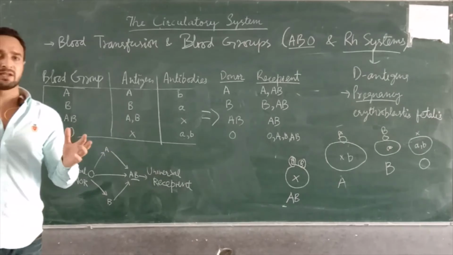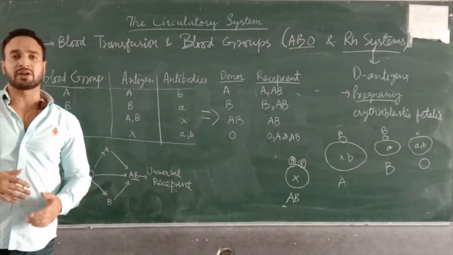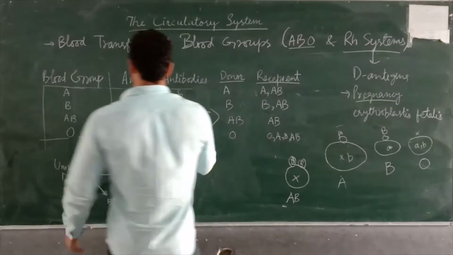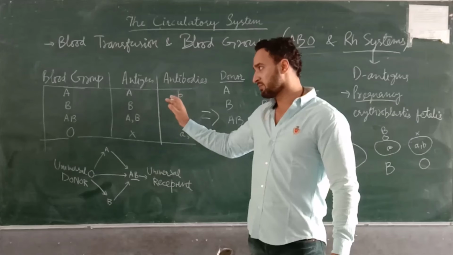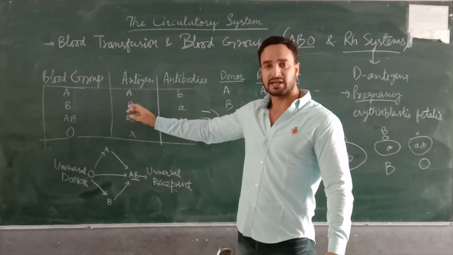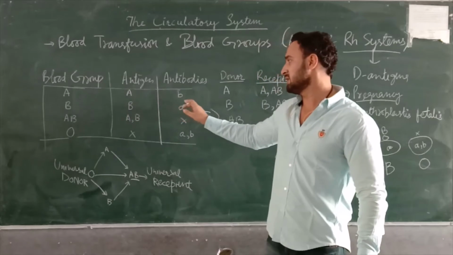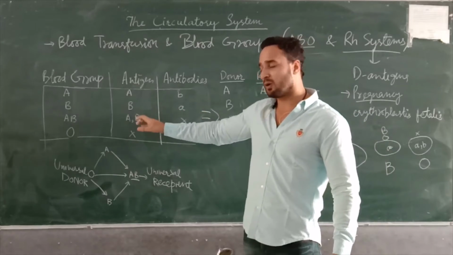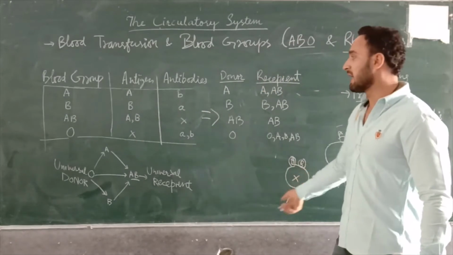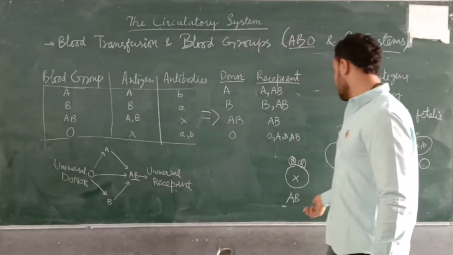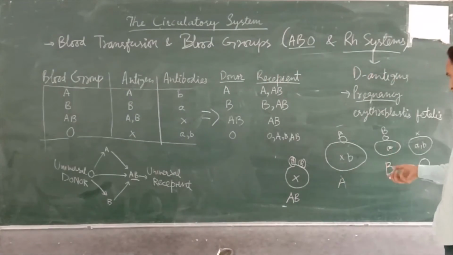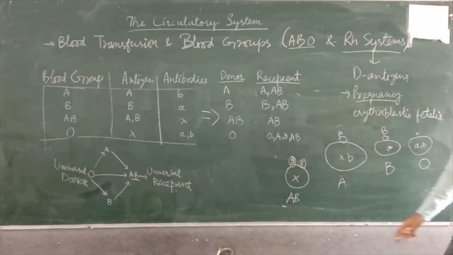And then I said that antibodies are complementary to the antigens, which means that the blood group which has antigen A will have antibody B. B blood group has antigen B, so it will have antibody A. AB has both the antigens A and B, so it does not have any antibody. This is the O blood group. O blood group does not have any antigen, so it has both the antibodies A as